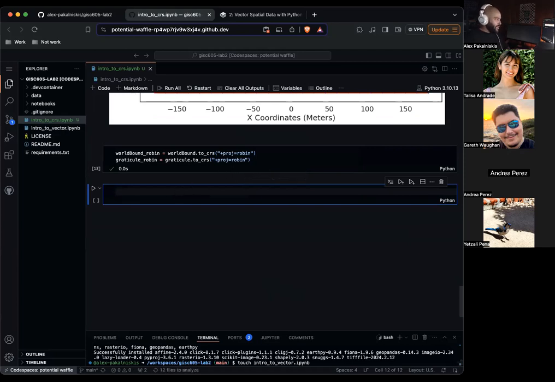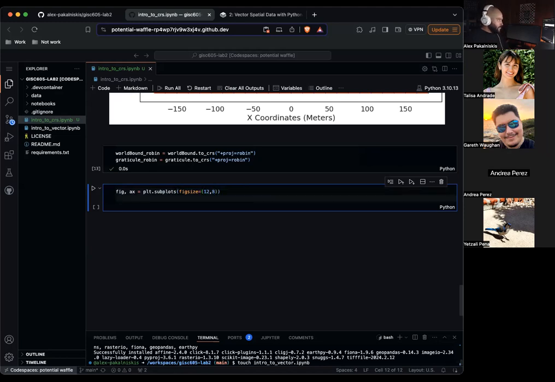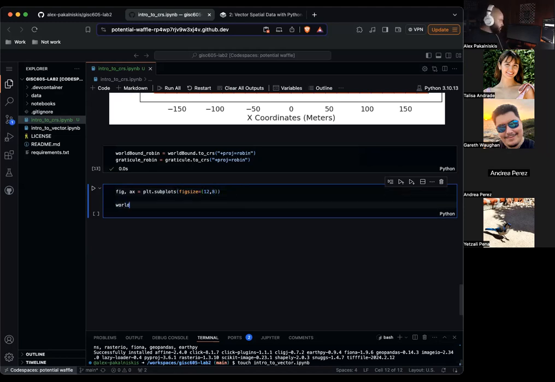Now let's actually plot this with Python. So again, fig, ax equals plt.subplots, figsize equals 12, 8. Let's do world bound robin dot plot, ax equals ax, color equals spring green.